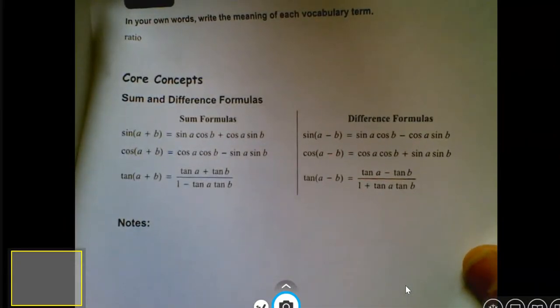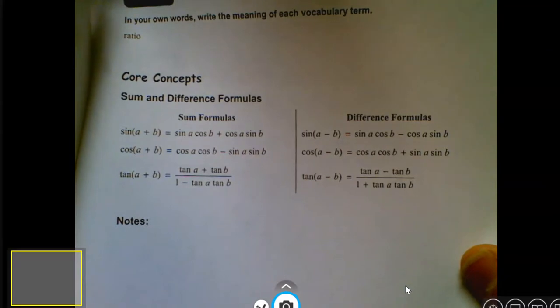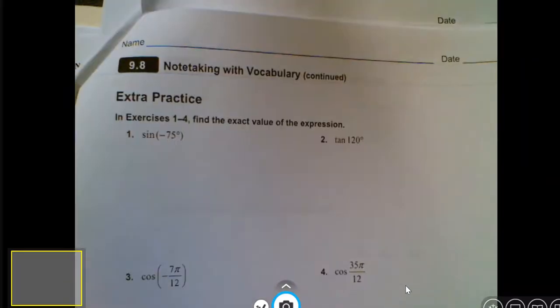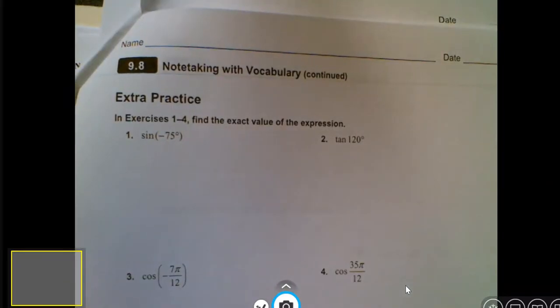That's really not what this class is for. This class is about applying these types of formulas. So this is what they're going to look like. It's just about adding a couple or subtracting a couple angles. And we're just going to dive right in here so I can show you how these work. So if I were asked to get the sine of negative 75 without a calculator,